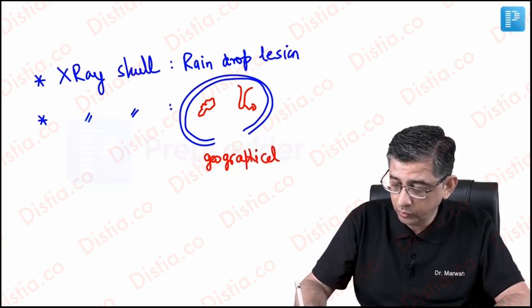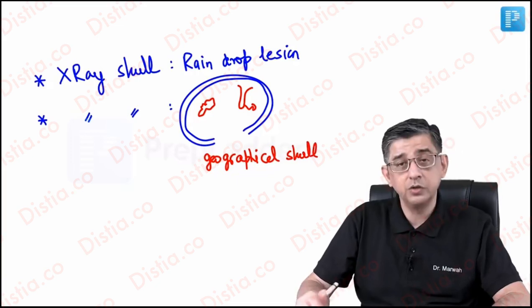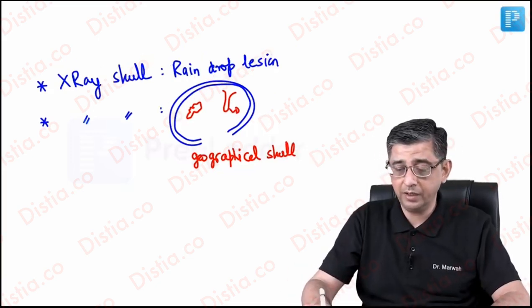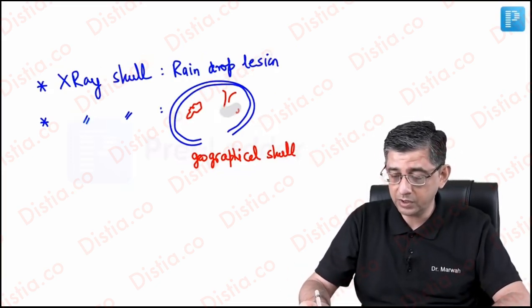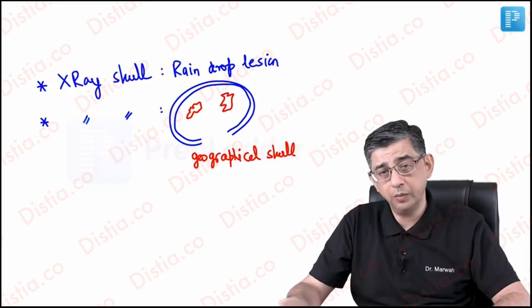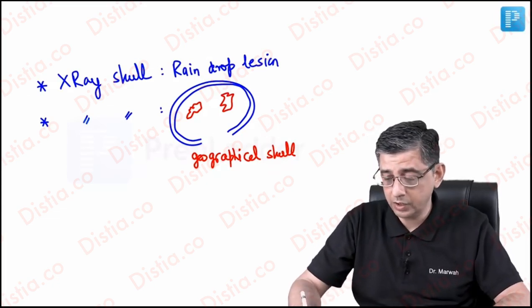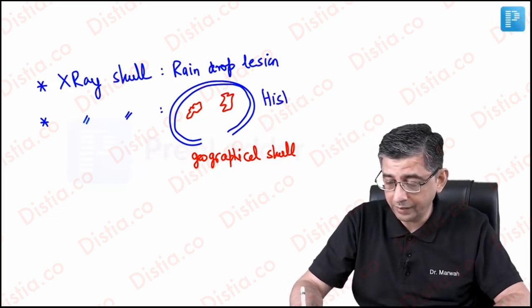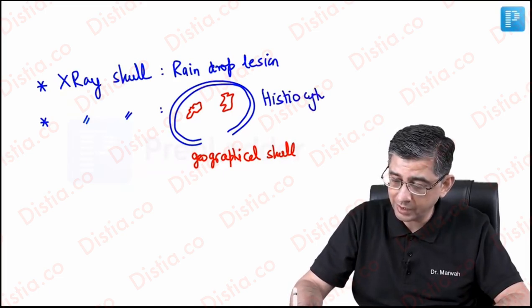And I know that you love to read radiology. So can you just quickly comment on the fact that if you ever read this question with respect to geographical skull, which disease are we going to be talking about? Yes, guys, I think all of you would have prompted it correctly. That would be histiocytosis X.